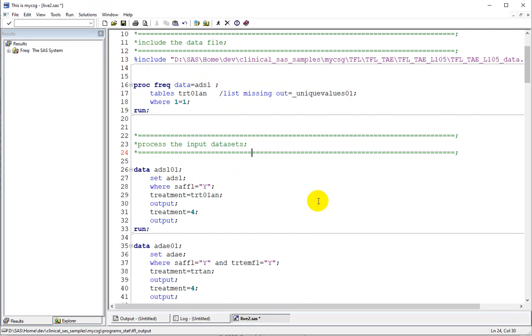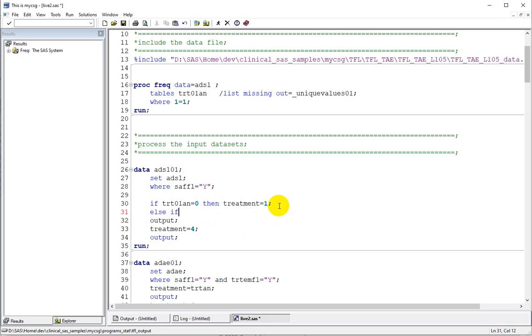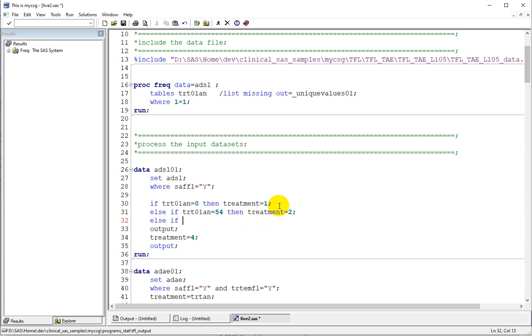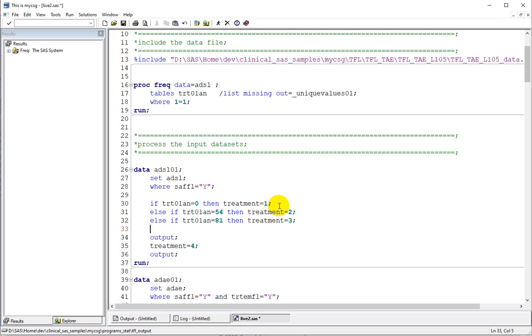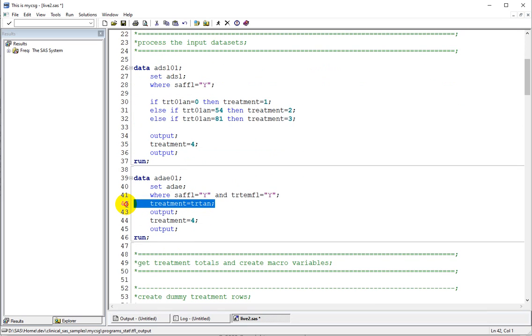Let us try to make use of the previously written code for this data. Here let us do one thing. Let us create this treatment variable conditionally. If TRT01AN is equal to 0, then treatment is equal to 1. Else if TRT01AN is equal to 54, then treatment is equal to 2. Else if TRT01AN is equal to 81, then treatment is equal to 3. So let us copy this section and do the same processing for